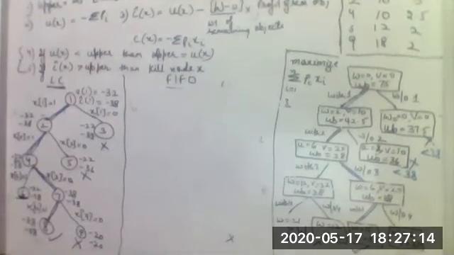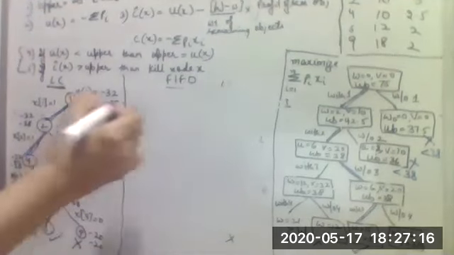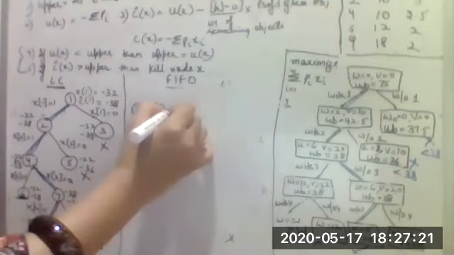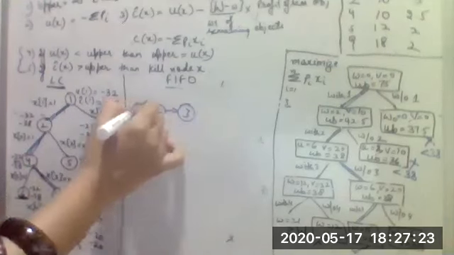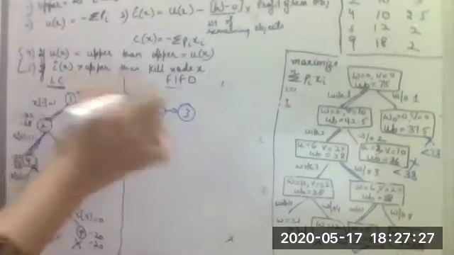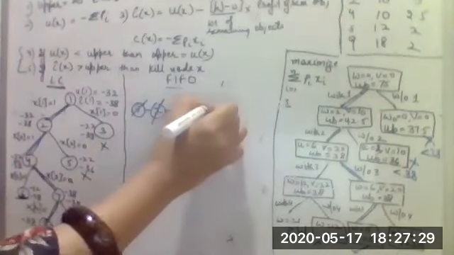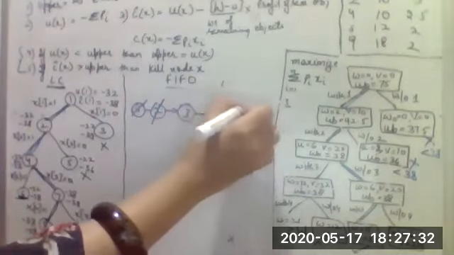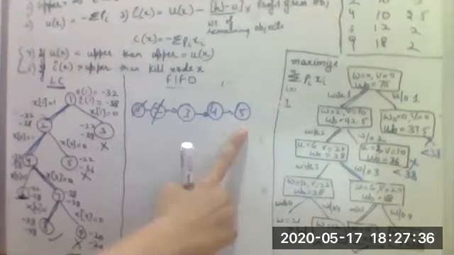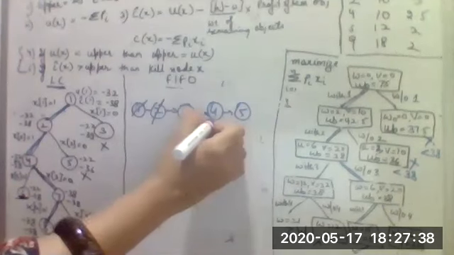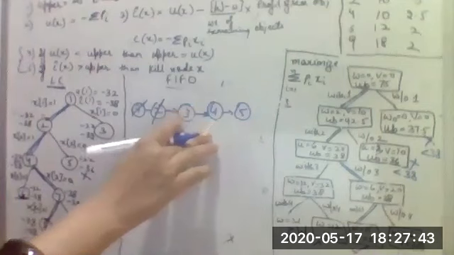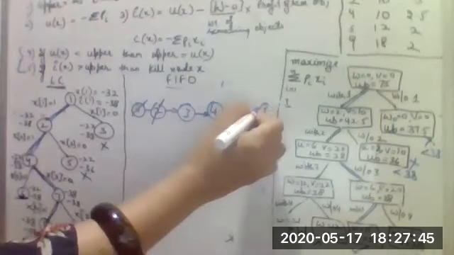So first you have taken the first node, and you have generated 2 and 3. Then first is gone, and you have generated 2 and 3. Then you are working with 2 and you generate the fourth and fifth nodes, and all of these are your active nodes, live nodes. And from there you have taken the fourth node, and from the fourth you have generated the sixth and seventh nodes.